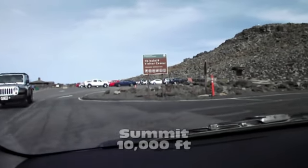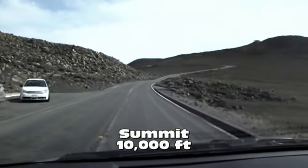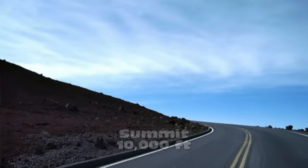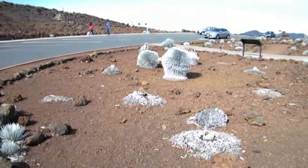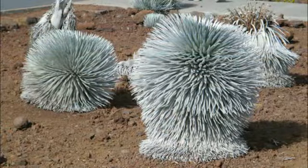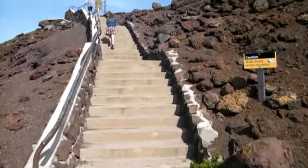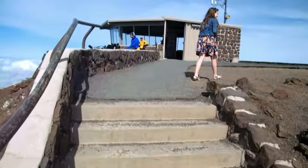some 2,000 feet below. Finally, we come to the summit at 10,000 feet above sea level. This place, Haleakala, known as the House of the Sun in Hawaiian, has a lot of legends to it, but up here at the top it's rather isolated, with these brilliant silver sword plants growing, the very rare ones, and then the viewpoints from the top there, the roundhouse. Up these final stairs will take you to the total summit of the mountain,